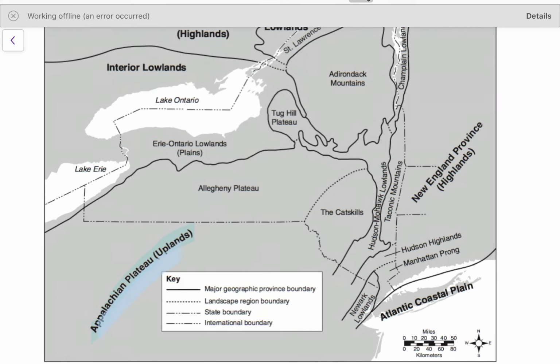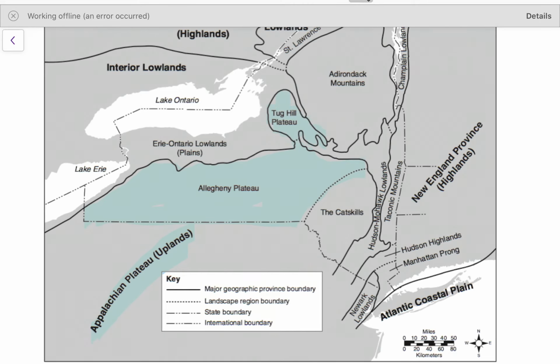And part of the Appalachian Plateau in New York, we have the Allegheny Plateau, the Tug Hill Plateau. Now remember, anything beneath this line, anything within this boundary is the plateau. This is all the Allegheny Plateau. Anything in this little bubble here is the Tug Hill